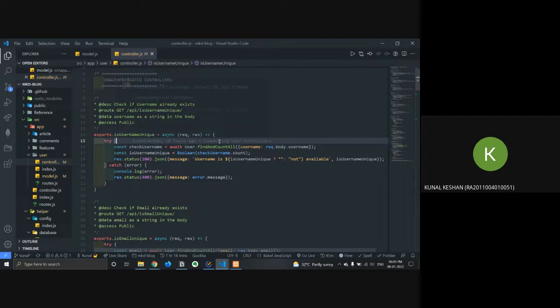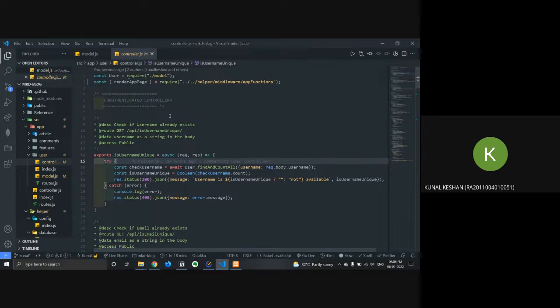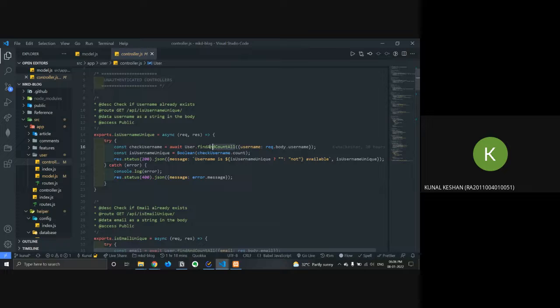If I wanted to do this with simple SQL, I had to first use the select all from query and pass in the username. But instead of doing that, I can just use the class that I defined and use the Sequelize method itself, dot findAndCountAll.